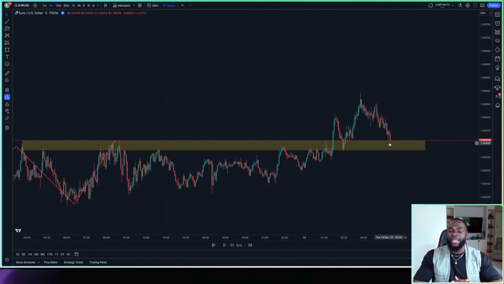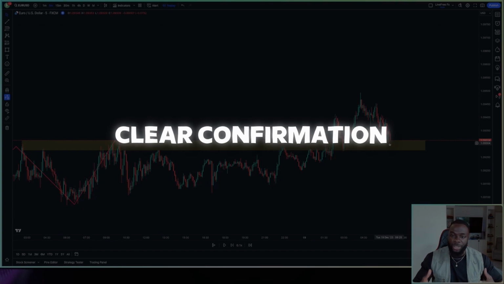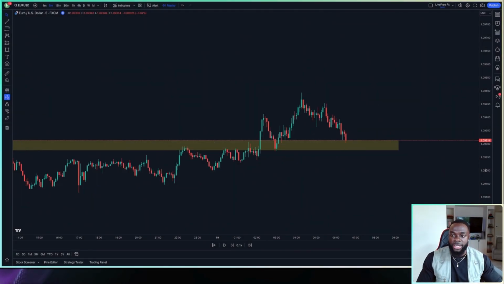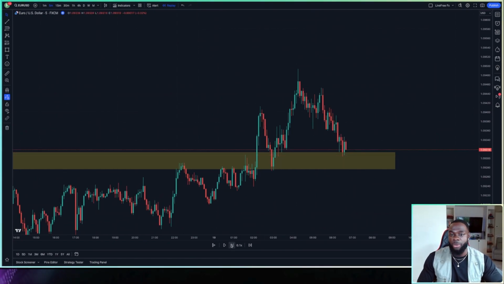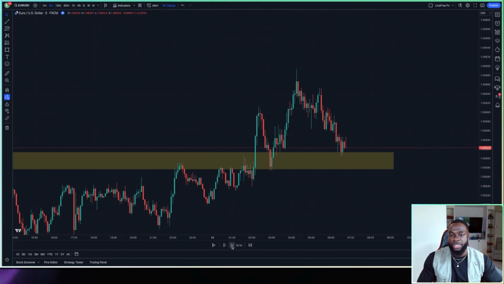What you want to wait for now is clear confirmation, which is the fourth rule that we talked about. So as you're about to scalp the market, we see that price is trading into an area of interest, but rather than just taking a trade and buying right now, it is always in your best interest to wait for clear confirmation. And for me, clear confirmation could be a change in the selling pressure to buying pressure. So let's see that, or a candlestick formation as well. So right now we're seeing a bullish candlestick and price is bouncing off of this level.